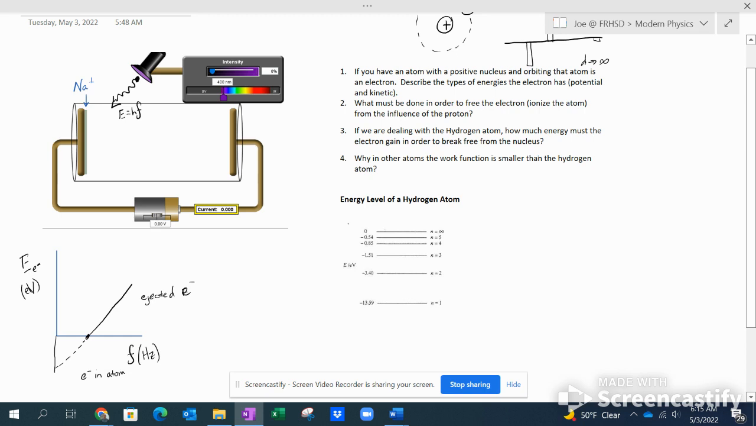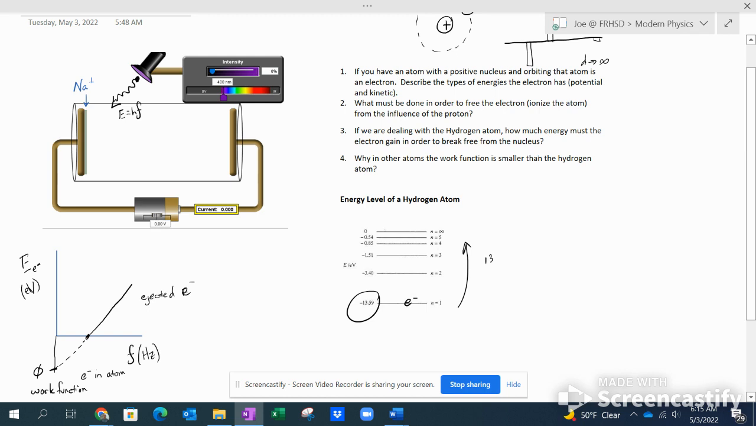Now, this y-intercept, this is known as your work function. So we're going to relate the discussion we had yesterday of the work function and atomic energy levels to this graph. So ultimately, if I needed to eject an electron from a hydrogen atom, I would need to have